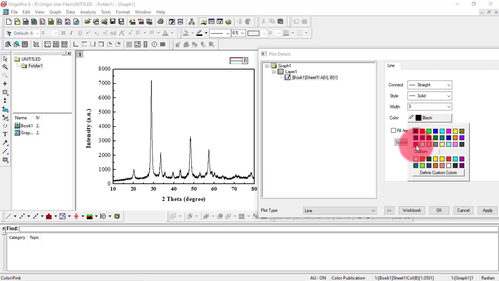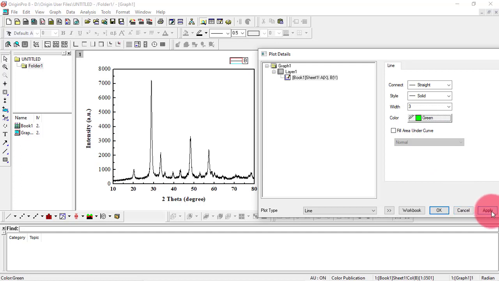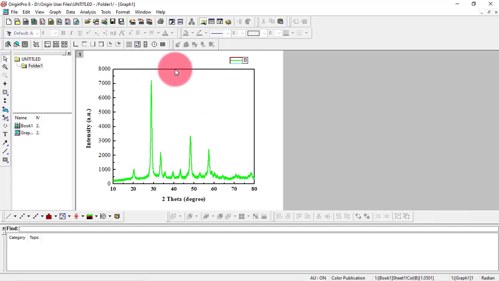So I'm going to select the color. Suppose I select the color green here and I say OK. So here my graph has been changed. Suppose if I want to label these XRD peaks, I can do that too. So here I'm just doing it randomly. I don't know what this peak is actually labeled, so let it be corresponding to 222 plane. So I'm going to select a text box here and click here, and I'm going to write the plane 222.